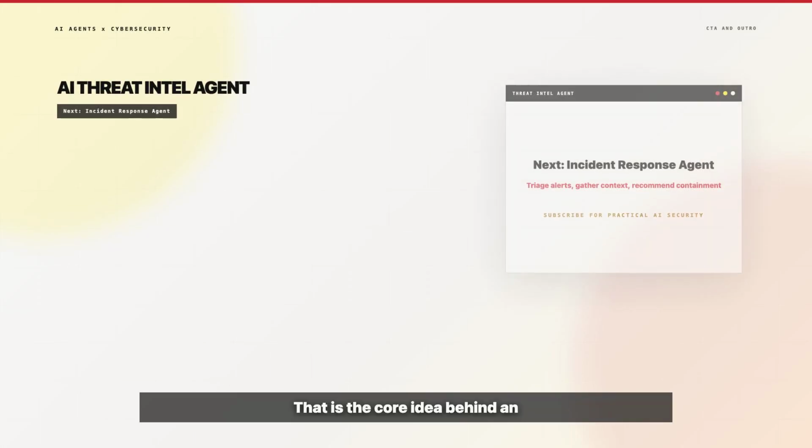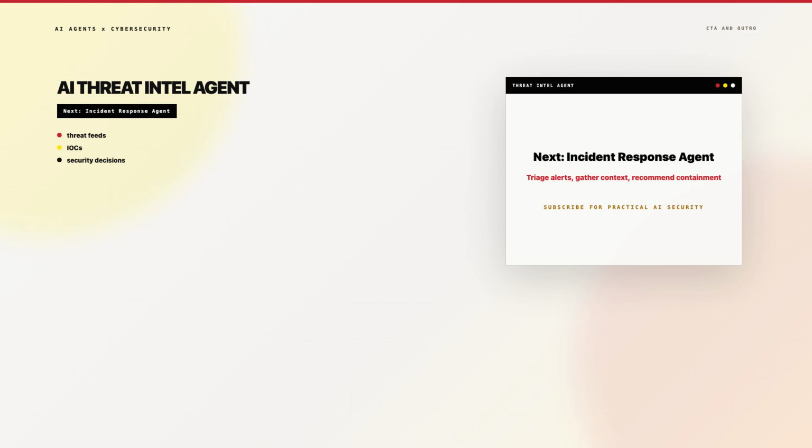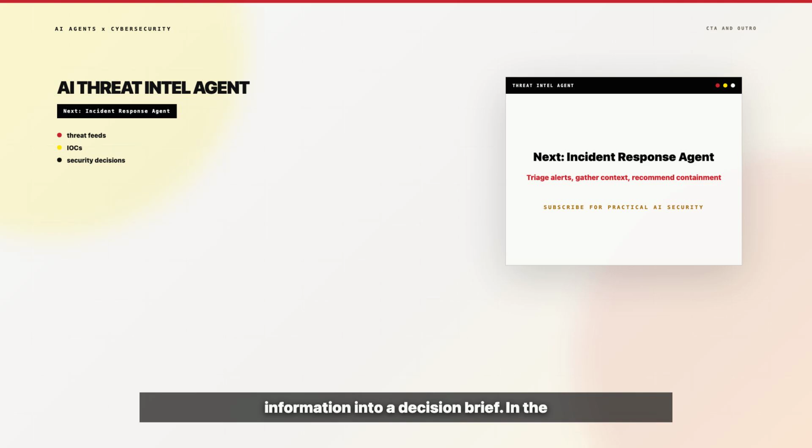That is the core idea behind an AI threat intelligence agent. It does not replace the analyst. It helps filter noise, connect threats to your environment, and turn information into a decision brief. In the next video, we are going to build an incident response agent that triages alerts, gathers context, and recommends containment steps for human